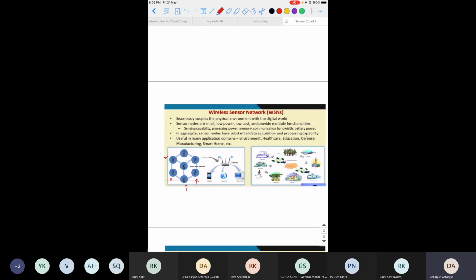Then they push this data through the gateway. This is the gateway to different systems like mobile, or maybe the internet, and maybe the computer. Fine. This is the main basic principle of wireless sensor networks.